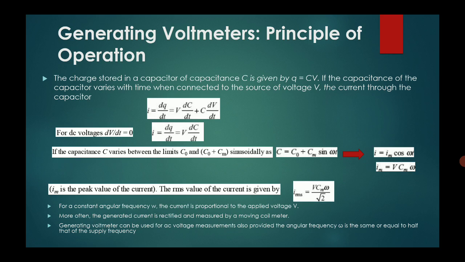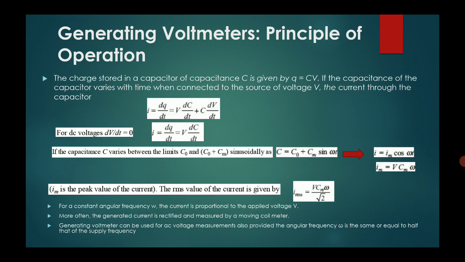Okay, if the capacitance varies between a limit of C0 to Cm sinusoidally, we have C equal to C0 plus Cm sin omega t, which produces a current of Im cos omega t, and this Im is nothing but V into Cm omega. If Im is the peak value of the current, the RMS value of the current is given by